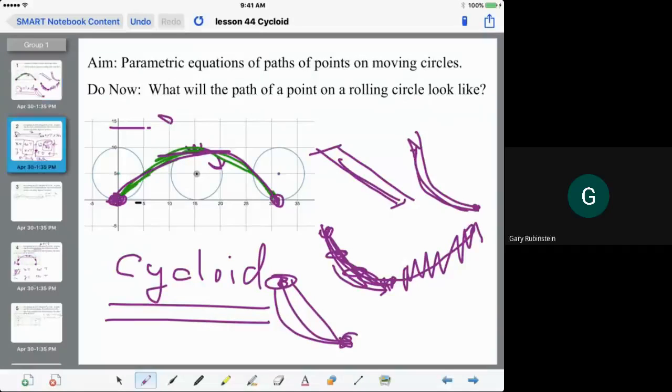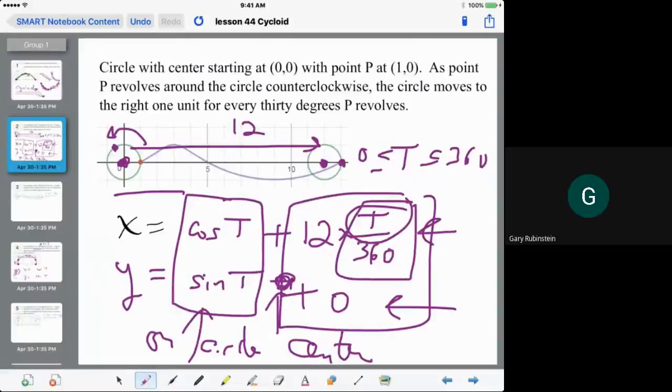Then we looked at this unusual curve where the circle was moving to the right, floating to the right, while a point on it was moving counterclockwise. So we took the basic equation of a point moving around counterclockwise, but we had to add on to the x equation 12 times t over 360. That's because it was given that if the circle moves to the right 1 unit for every 30 degrees,